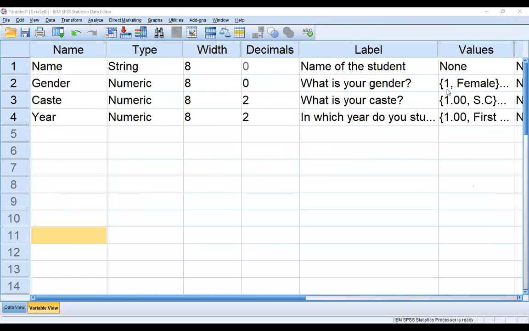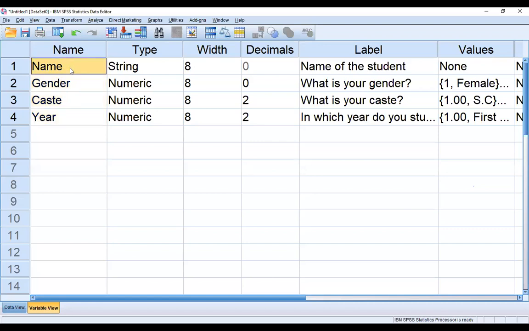So here, first of all, in the variable view, when we receive the questionnaire from the respondents, our first job is to enter all the questions in the variable view. So I have written only 4 questions. Your research project may have 50 questions, 60 questions, 70 questions, 100 questions.